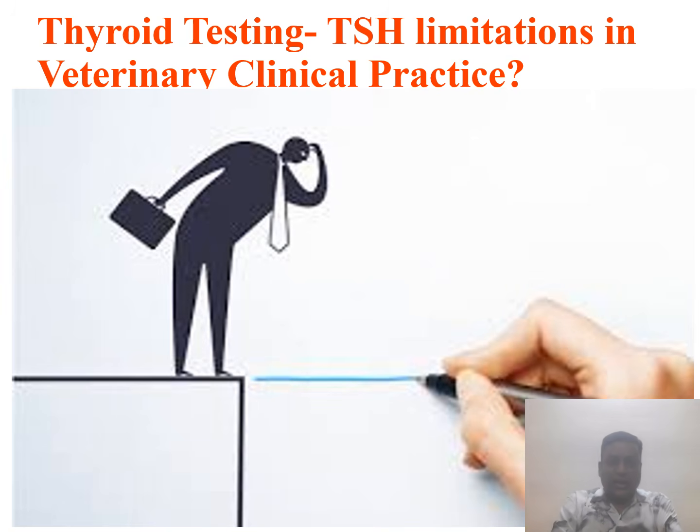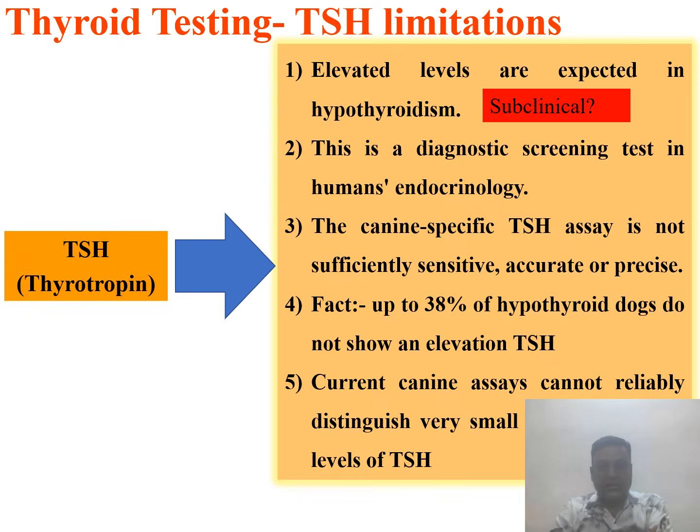Now, as far as veterinary clinical practice is concerned, thyroid testing and TSH limitations are there. Why are we using TSH? We know elevated levels are expected in hypothyroidism, meaning TSH levels are going to be increased in subclinical cases, and this could be our goal. If we are targeting subclinical hypothyroidism, we can manage the patient in